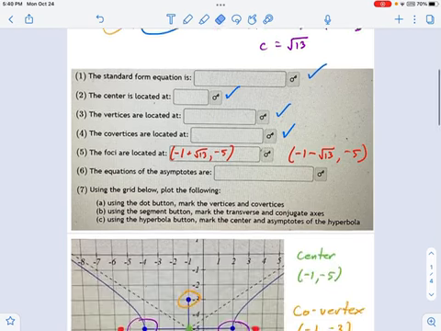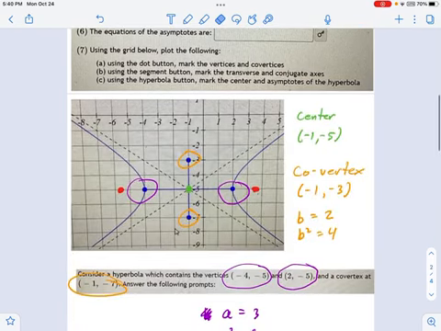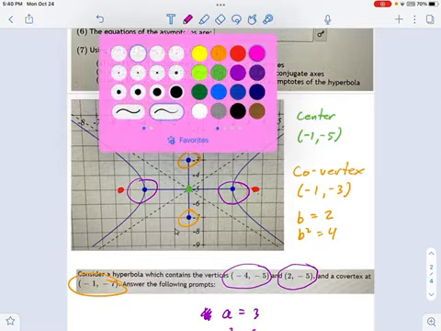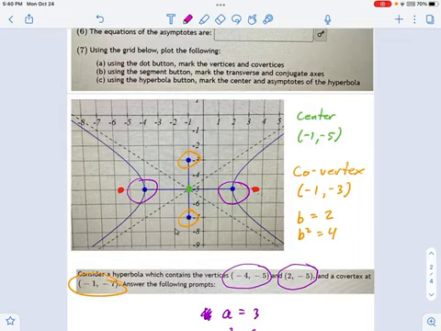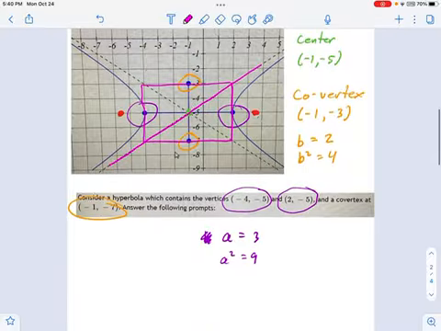And the equations of the asymptotes sometimes take a little bit of thinking to get through, but I like to do it this way, because I'm pretty good at plotting straight lines. I can do that. So I'm going to make this graphing window right here, using the vertices and the co-vertices to orient myself. Now if I look at this first line going up and to the right, see how it's going up by 2 and over by 3? Well, that's your slope. So m for that line, let's see, up by 2, over by 3.